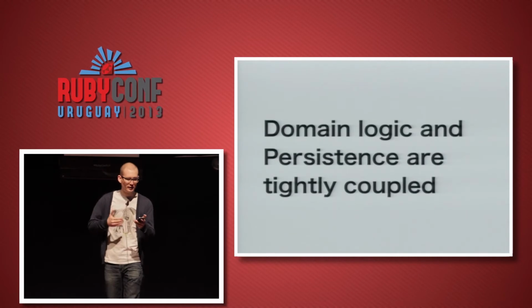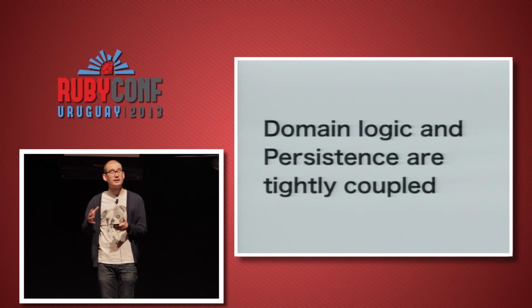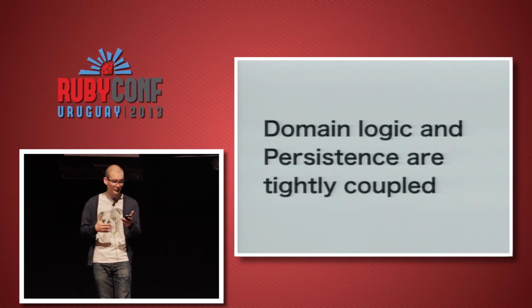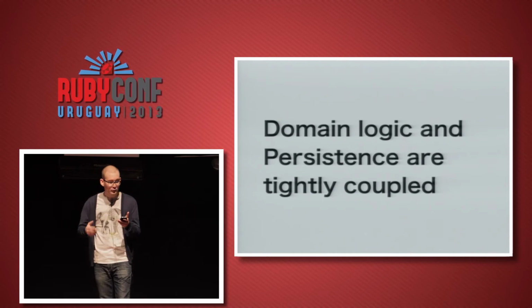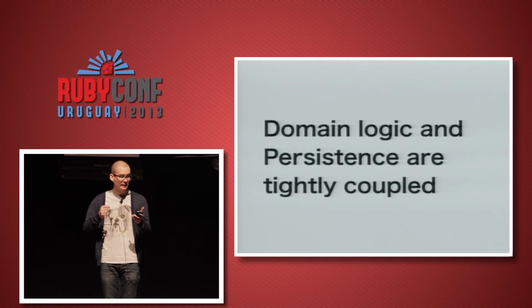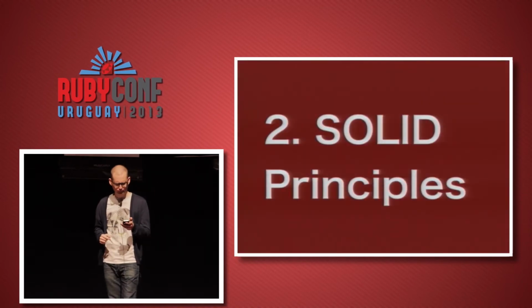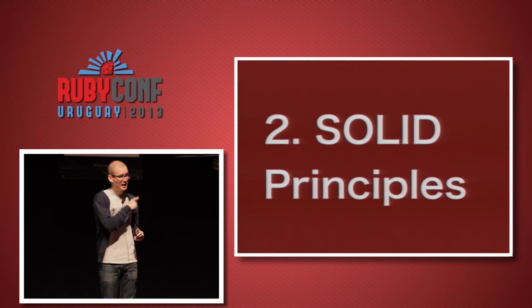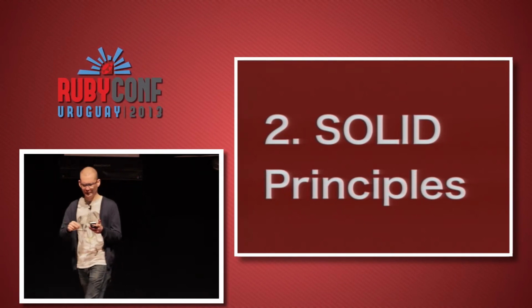That causes the domain logic of each model and the way it is persisted to be tightly coupled. If tomorrow I need to change the persistence strategy, if I need to move from MySQL to Mongo, to Redis or to anything else, I will probably have to change the way the business logic is implemented as well. But I'll go back to this example later. I will stop now. Let's move to the second topic of the talk.